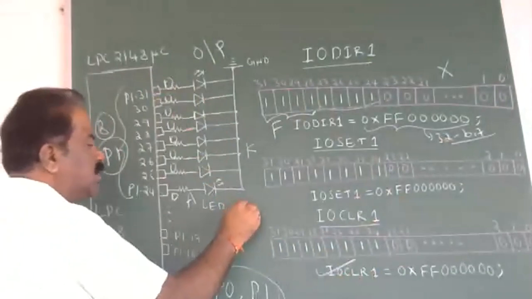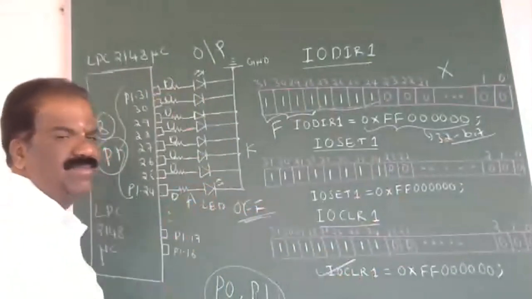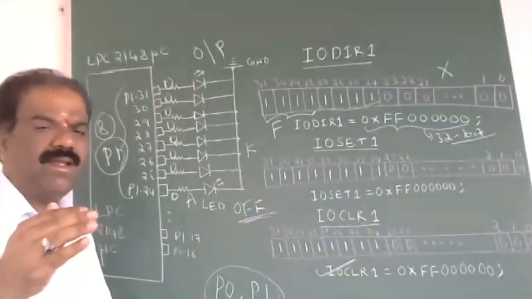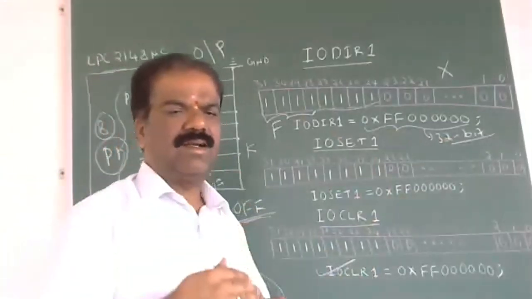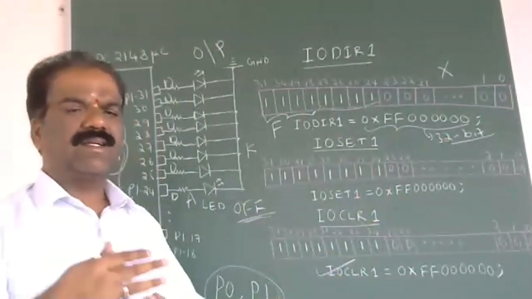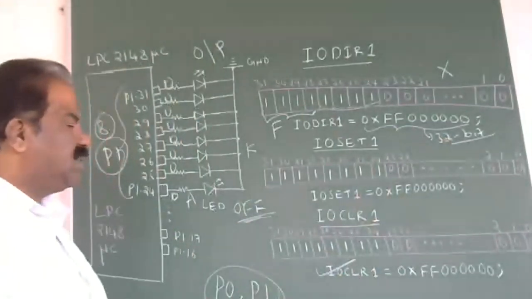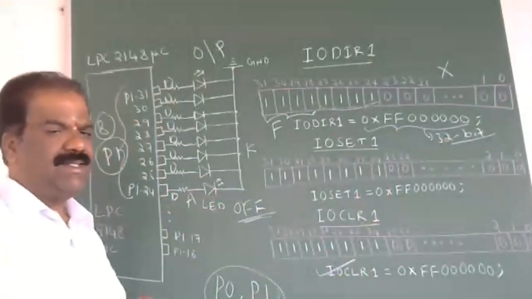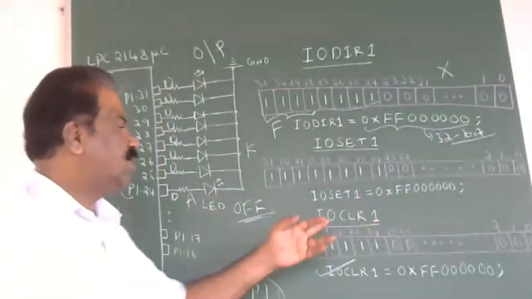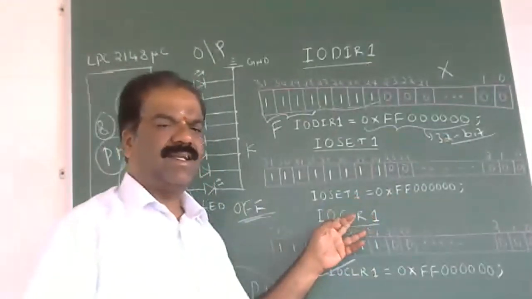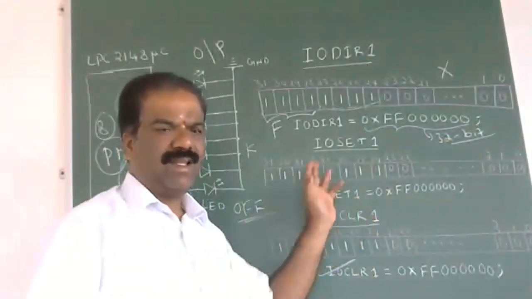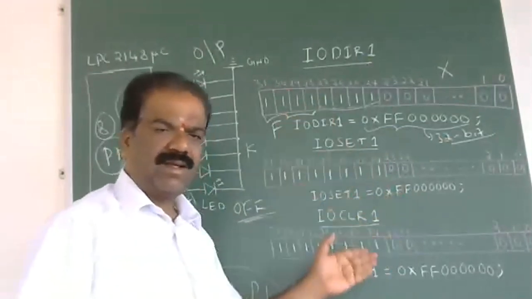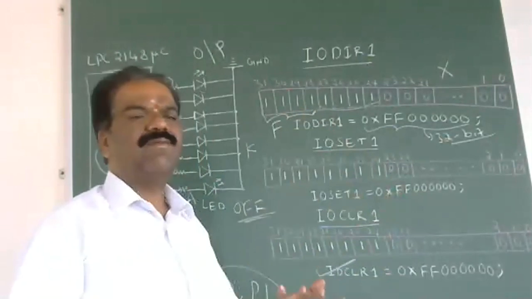Then all LEDs become off. Then call the delay program, invoke a delay function for 1 second or 0.5 second, select your choice. Then we have to keep it off for 1 second, then go back and execute this statement. So then delay. Okay, once again all LEDs are on. Then execute this statement. Now once again all LEDs are off.